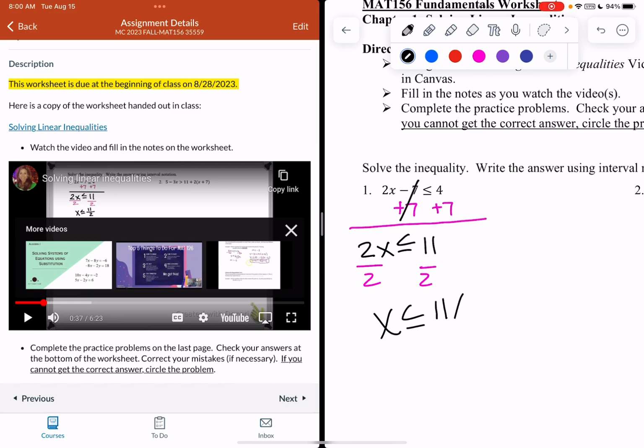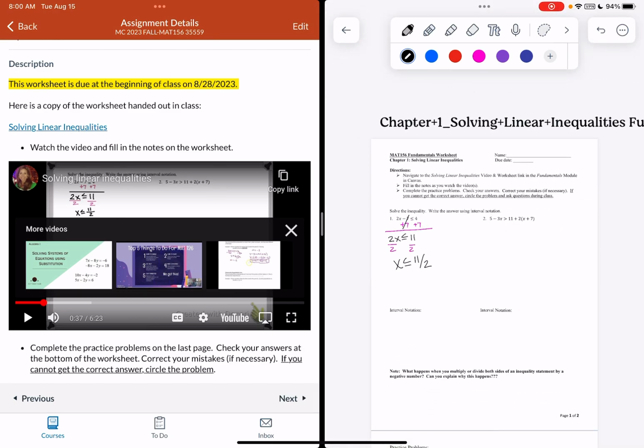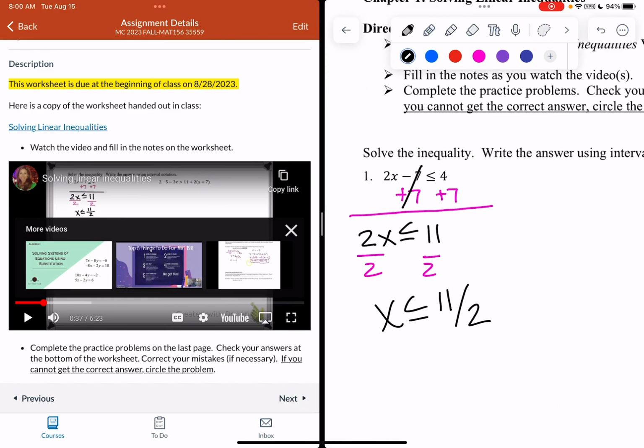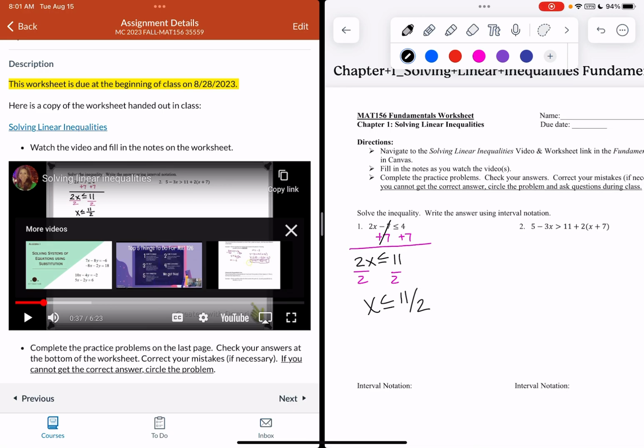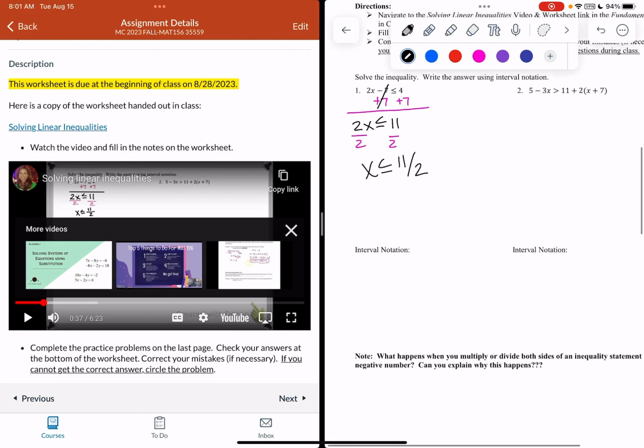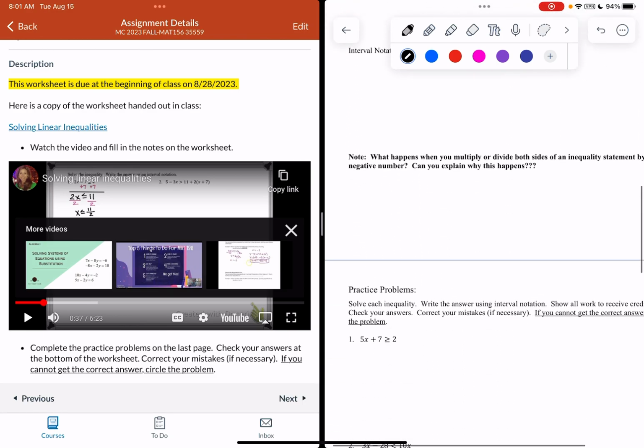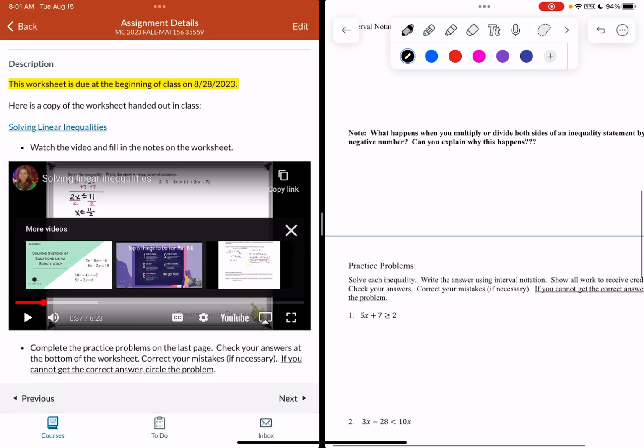Okay, so I'm not going to go through the whole entire video right now, but I'm just going to show you what I did while I was watching that video. I was able to annotate on the right side of my screen, and you'll notice I can just use 2 fingers to make it bigger while I'm writing and then make it smaller when I go on to the next example. So after I fill in all my notes, so there's example 1, example 2, there's a little question down here I'm going to answer, and I can just write